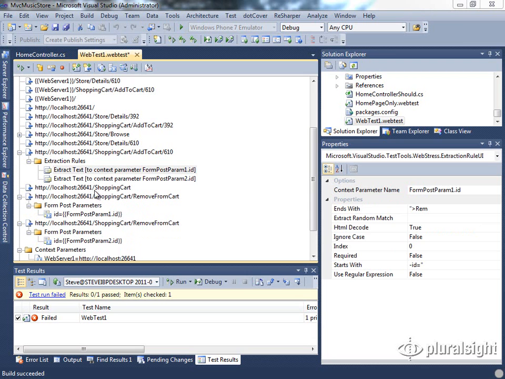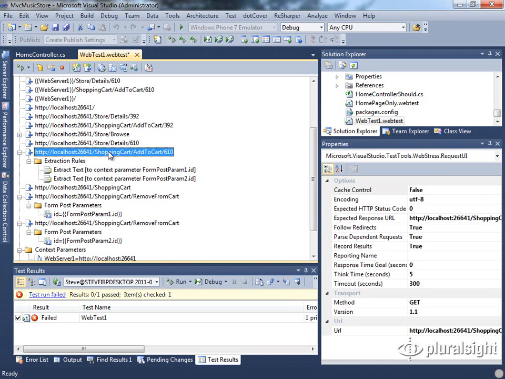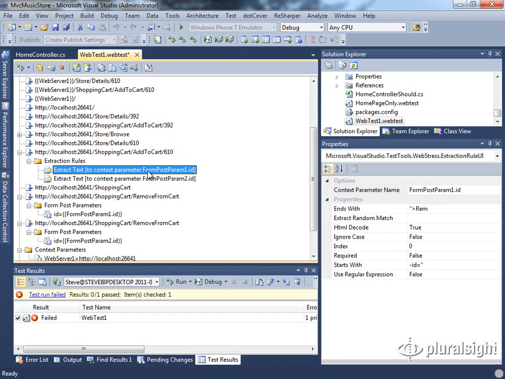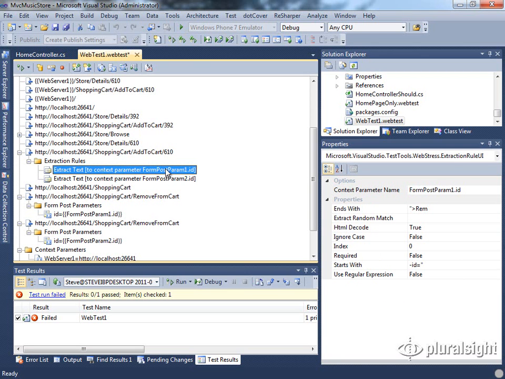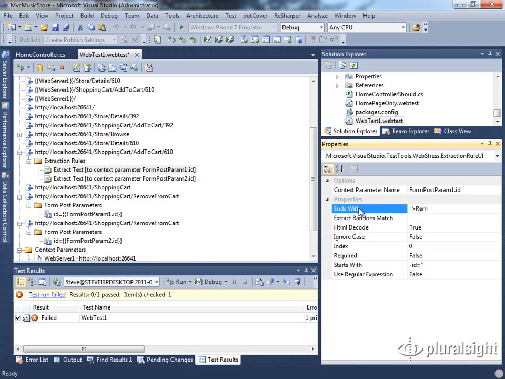It's important to note that these form post parameters are being pulled from the text of this particular request here, where in the response these form post params were included inside of the actual HTML. So what's happening here is if we were to run this in a dynamic fashion with different values being pushed into the cart at this stage, these form post params would pull out their dynamic value based on these properties